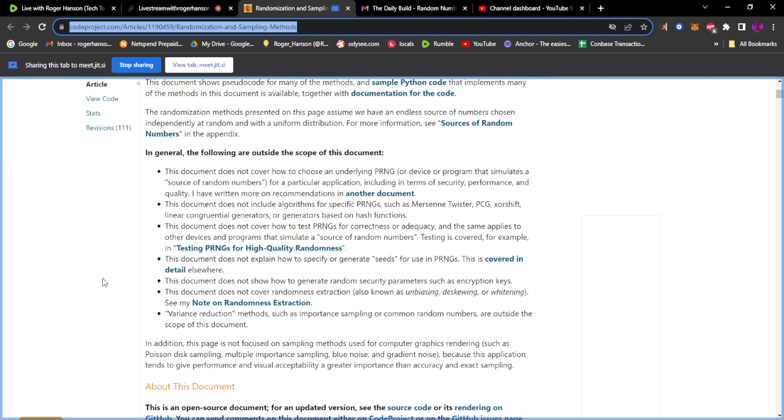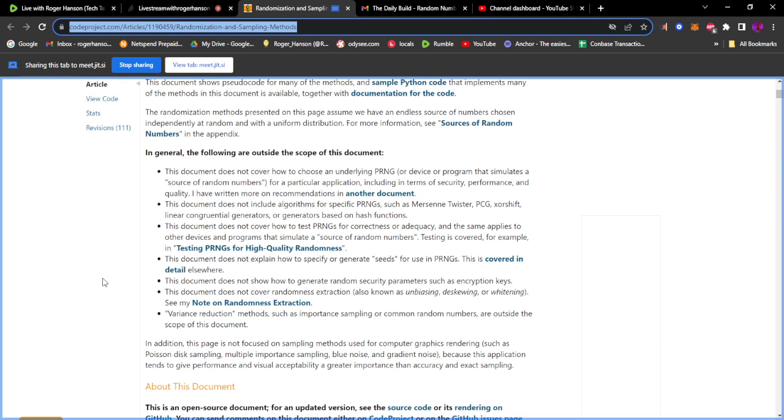I have written more on recommendations in another document. This document does not include algorithms for specific PRNGs, such as Mersenne Twister, PCG, XorShift, linear congruential generators, or generators based on hash functions.